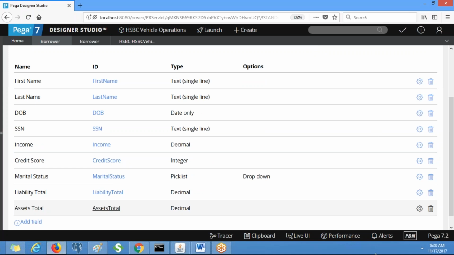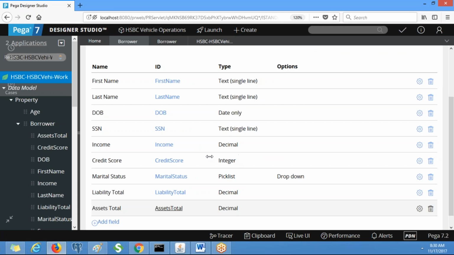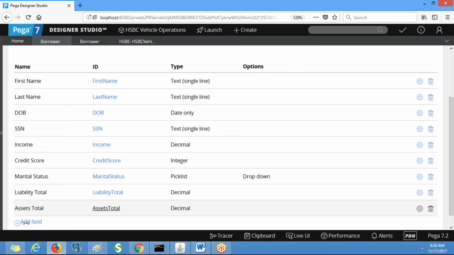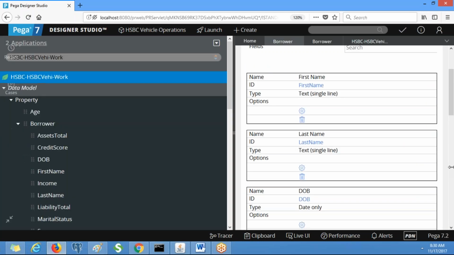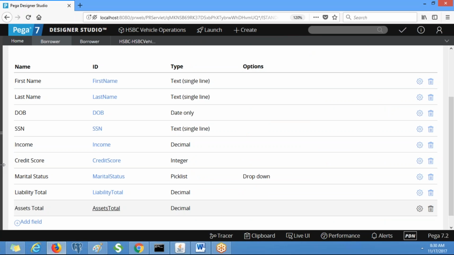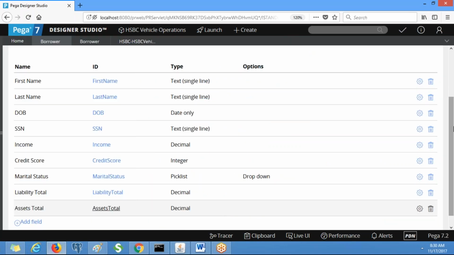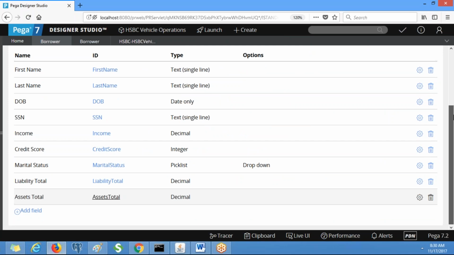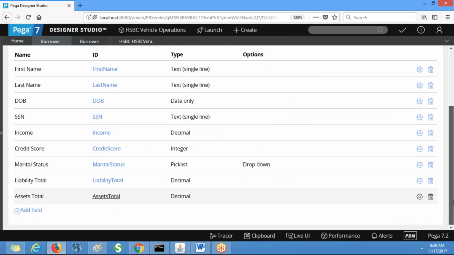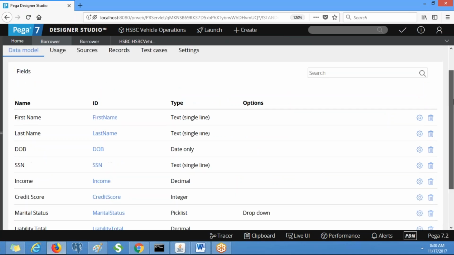These belong to borrower. Here add one more field called liability.